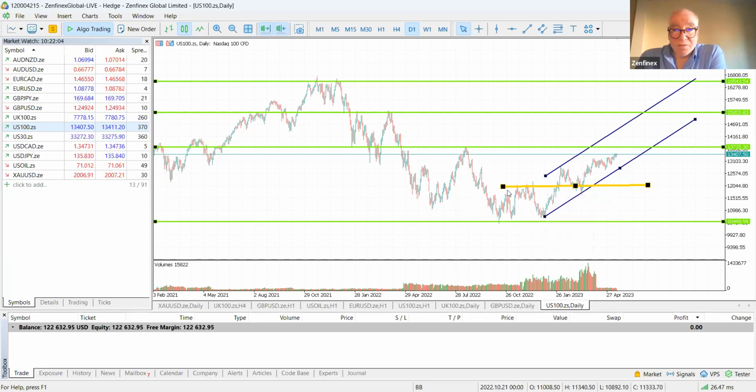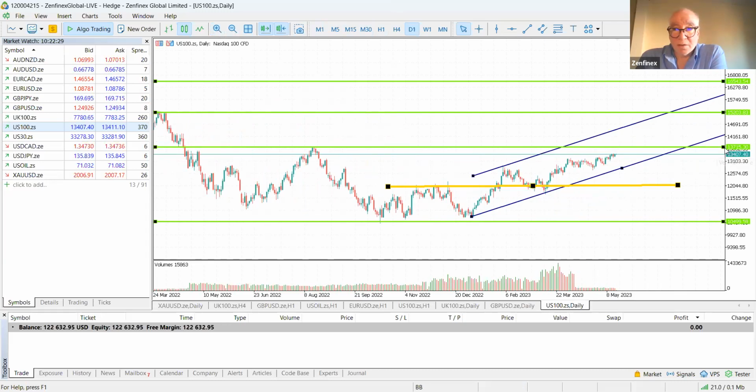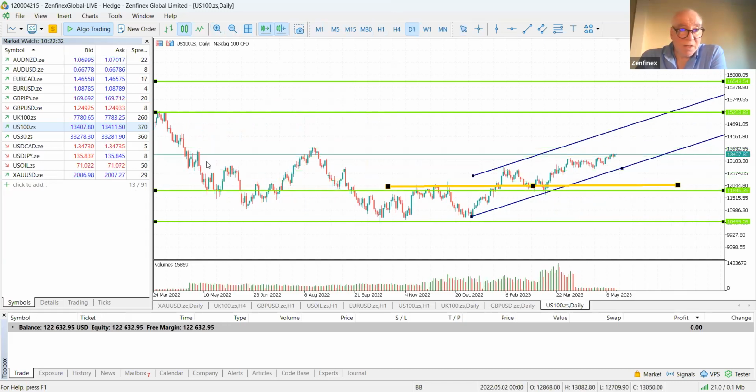It broke out of this range here, came back to retest it, and we've said many times on these videos, it will retest, never chase it, wait for the retest. We got the retest, and it's basically back on its way up to this particular high here. Probably a little bit lower, because if I look at this a bit closer, we can see here